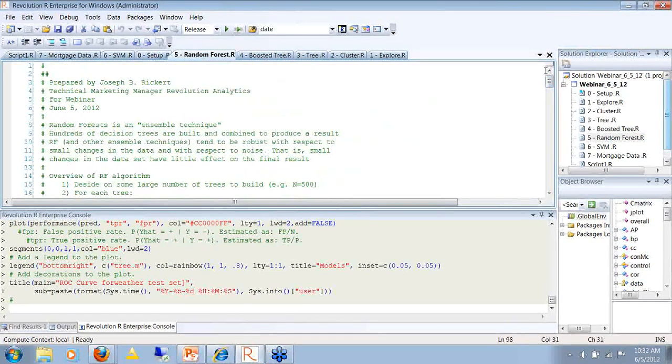So random forest, as you know, is an ensemble algorithm. It builds lots of trees, and it introduces randomness in a couple of ways. Each tree is built with a randomly sampled number of variables, and within the tree there's a bag of observations used to build the tree, and some observations are withheld.